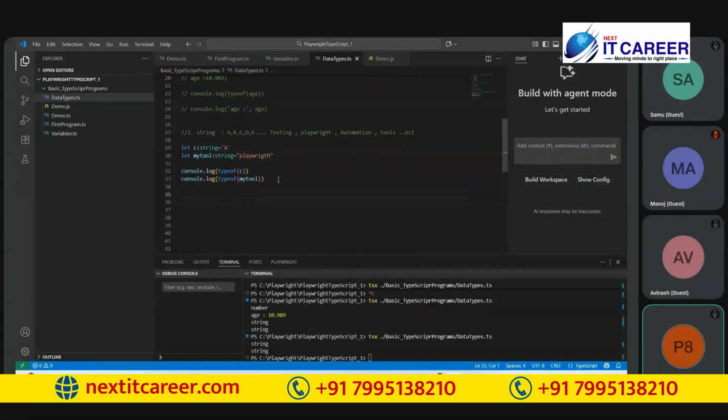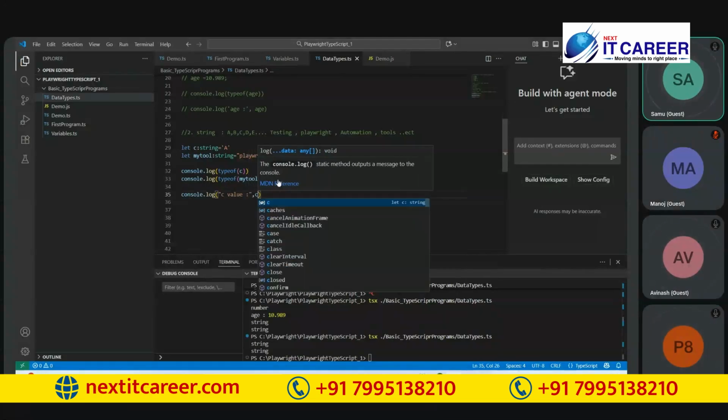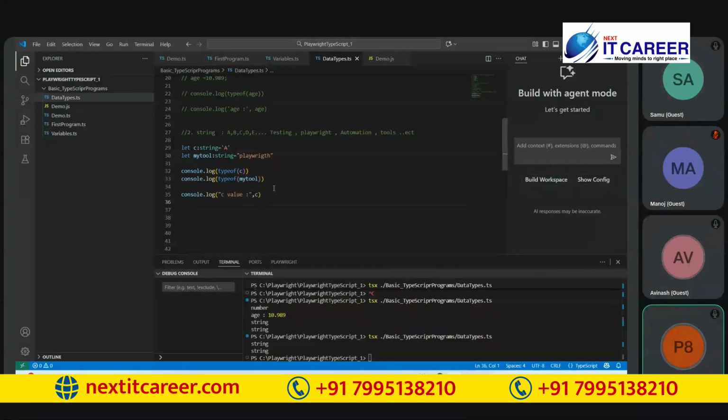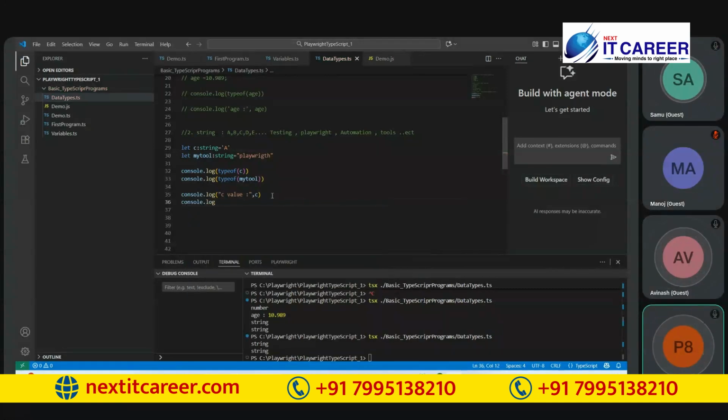And also, if you are supposed to print that value, console.log. If you are supposed to know the C value, the C character value, like this we can. If I'm expecting C, here we don't need to concatenate, just put a comma. Then console.log. If you are expecting to insert single quotes or double quotes, you can give any text. So my tool.